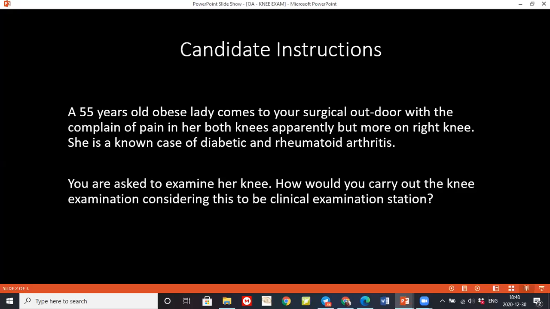So since I'm thinking of osteoarthritis plus other chronic pathology of the knee, first I will start with an X-ray of the knee, AP view and lateral view. Yes. Then I would also like to do an MRI of the knee to check the integrity of the ligaments and the bursa. On X-ray, I should see some signs of osteoarthritis, which are mainly narrowing of the joint space, subchondral sclerosis, cyst formation, and increased osteophytes. So if I see it, then I can confirm my diagnosis. Then I would like to aspirate the content for culture and sensitivity and for crystals, to exclude